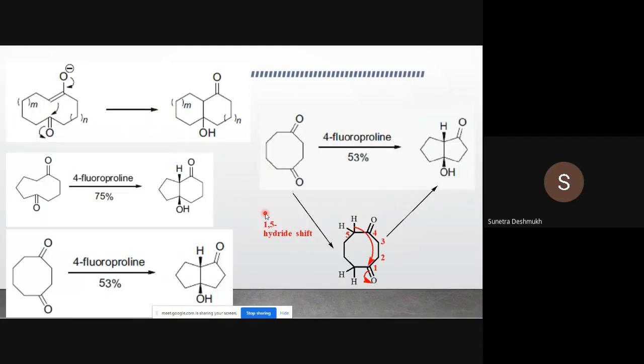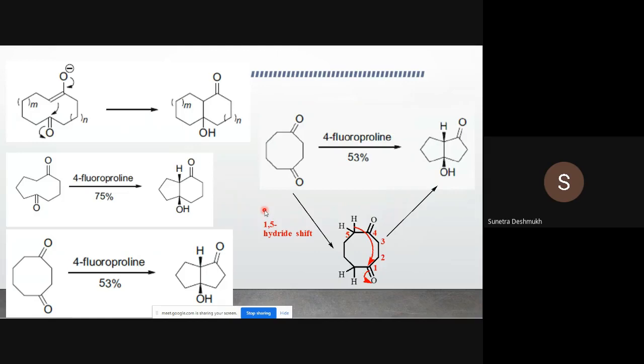So here are some examples of the transannular reactions. You can find in the Eliel book also different reactions of the transannular. I have told you the page number. You have to go through page numbers 261 to 264. Okay, 261 to 264. All these three pages from the Eliel book explain everything about how hydride shift occurs